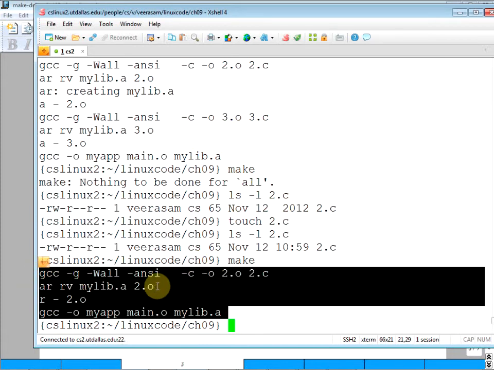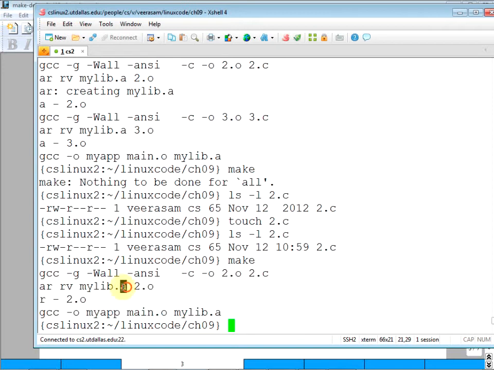We are creating a library, kind of like a Java archive, jar, not exactly, but kind of. So you're creating a library based on several files. Then when you are doing your main file, you are just linking the library.